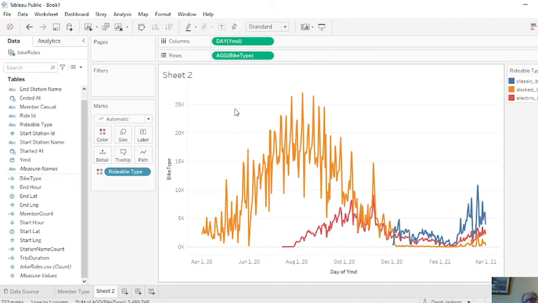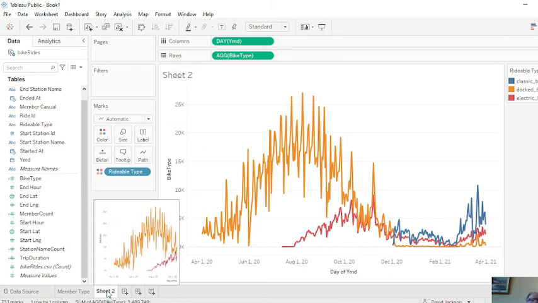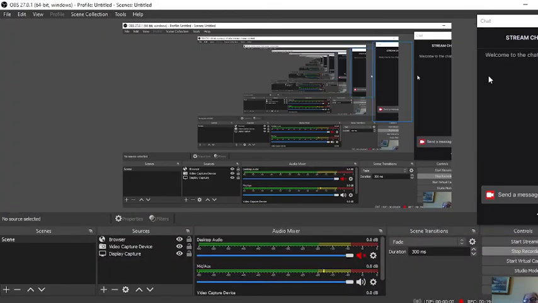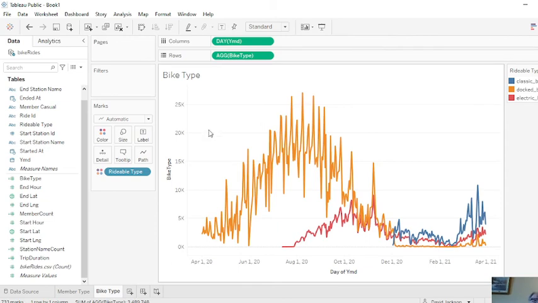Now, let's do another one. Let's check our time here. About 20 minutes. So let's just take a look at our initial thing. So we got a count by member type, a count by ride type,